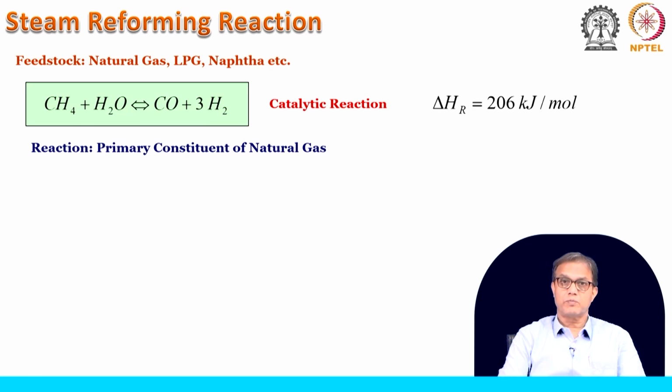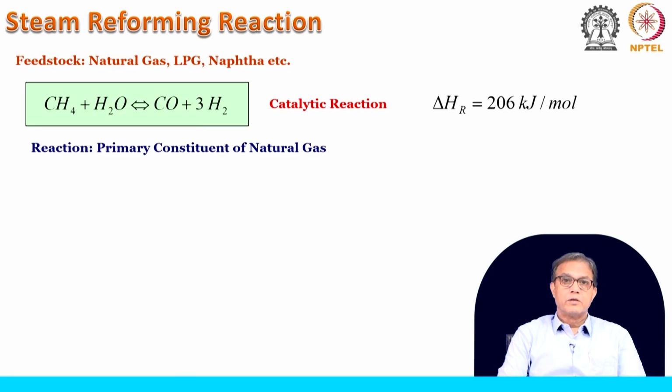Being an endothermic and catalytic process, we need to take adequate precautions, which we will talk about when discussing the steam reforming process in detail. We need to be careful about the selection of the catalyst and the pre-treatment of the feedstock,